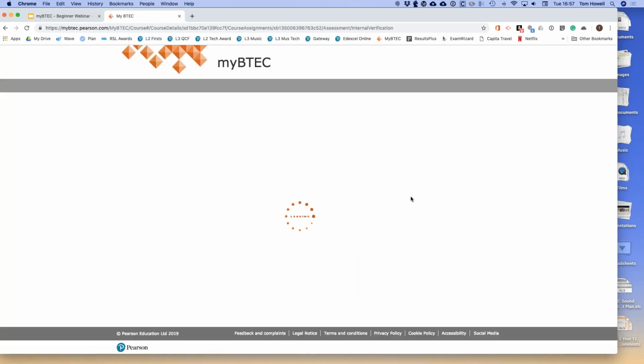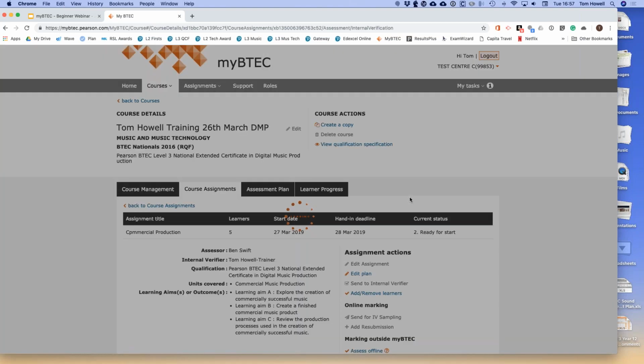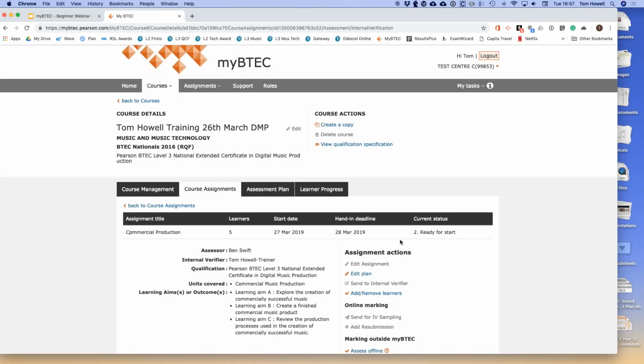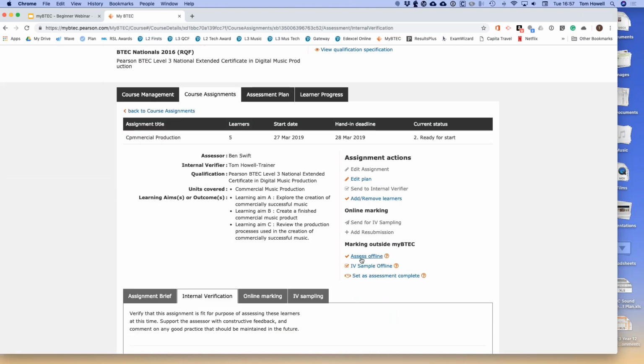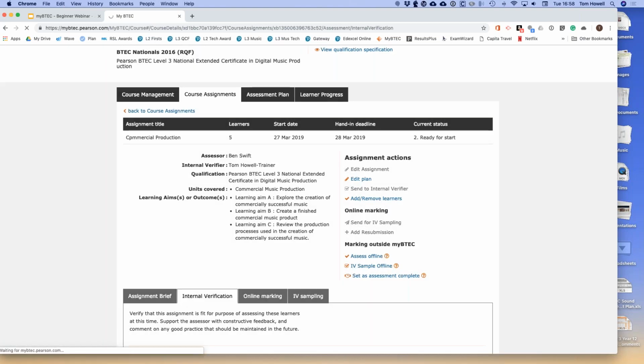So now it's basically with learners. You would at this point submit it to them as a PDF. They would start assessing. If we're going to assess offline, we can click this button here. And what it's going to do, I think you're going to like this, if I click on the download button, it is going to create, rather than me having to create lots and lots of assessment records, one Word document, and within that Word document,